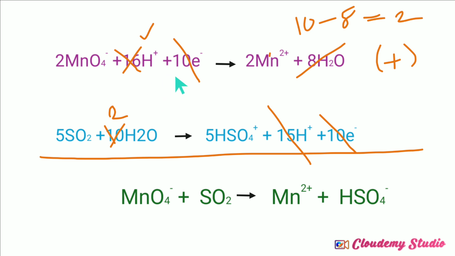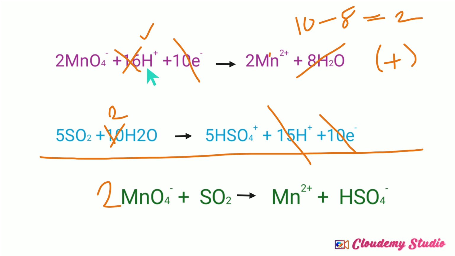The remaining reactants of both the equations we need to add together. Similarly, the remaining products of both the equations we need to add together. Accordingly, on the left hand side, what we need to write? 2 moles of permanganate ion is written. The next is